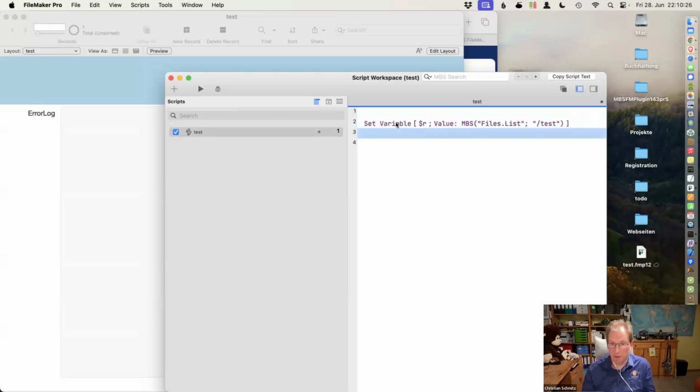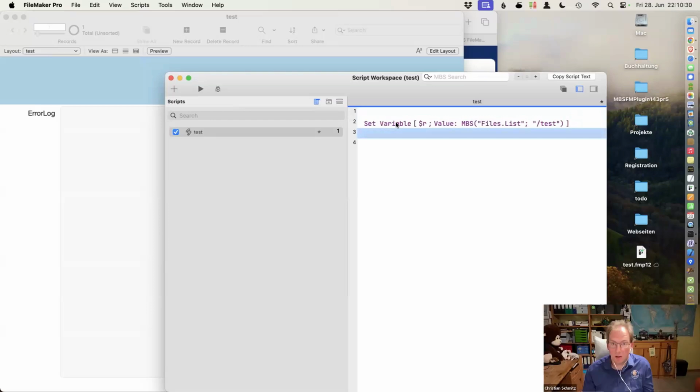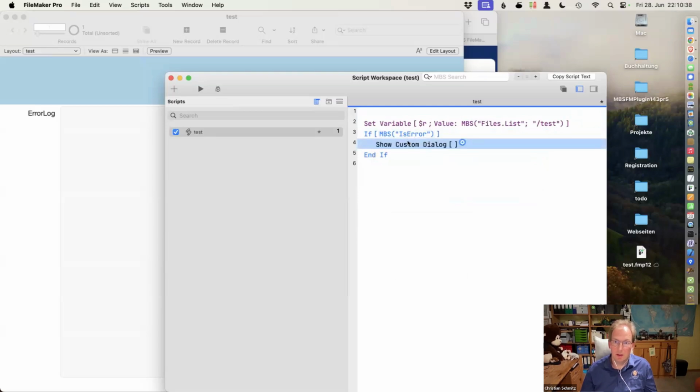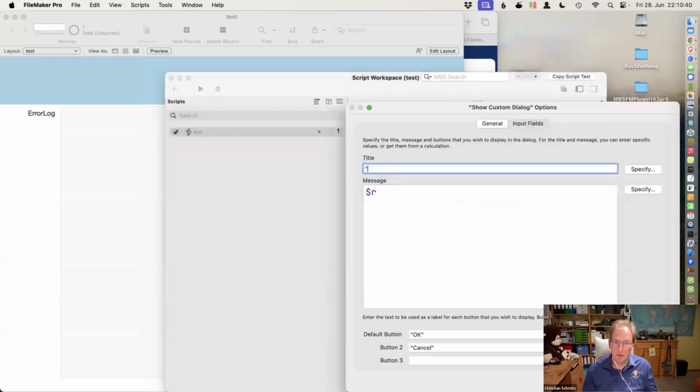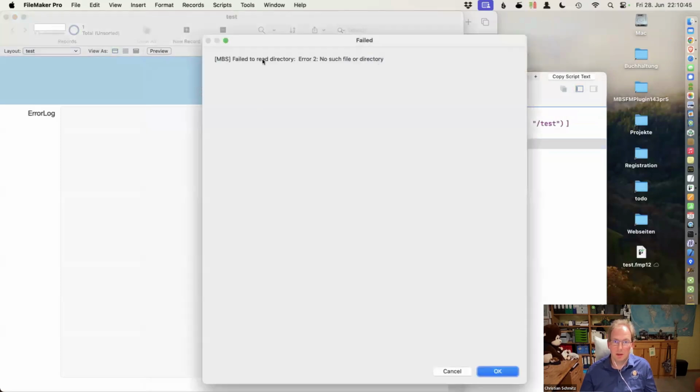So I often get people who have a script with maybe 20 lines of MBS calls. They don't check for error every line. So normally you would do this maybe and say here, show custom dialog and failed. So let's run this, and you see there is an error message.